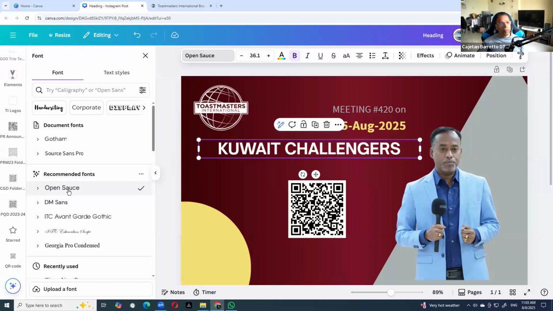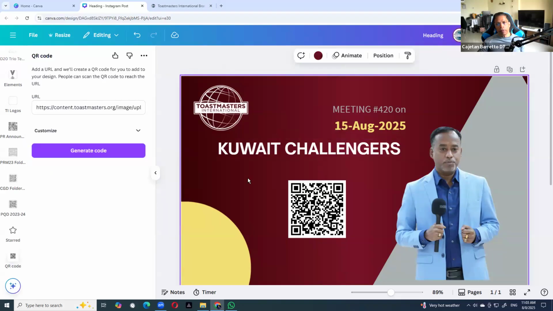This is called, in this case, open source. It's a font available in Canva. Would you really be able to differentiate that this is not Montserrat? No. So as long as it's a sans serif font which has similar characteristics, I would not say it's